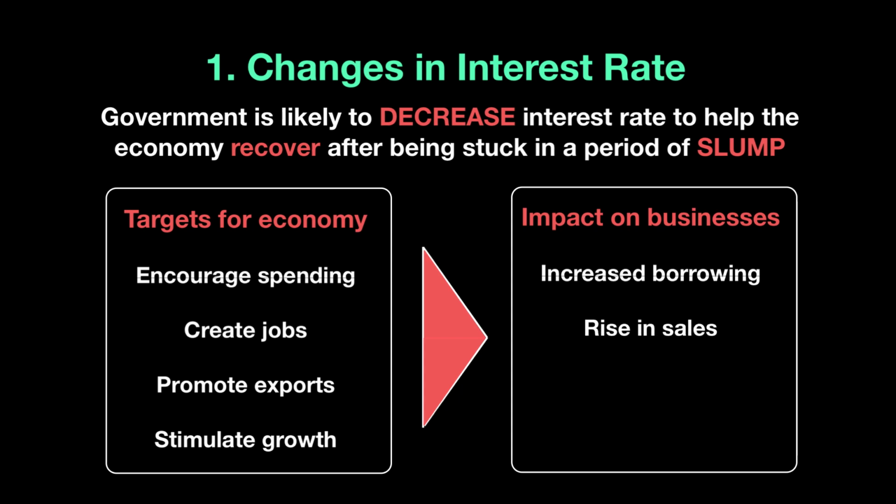Businesses look to expand because of the rise in sales. And of course, that means there's been an increase in the demand, and the increased borrowing must be used effectively. So new investments take place, which eventually lead to an increase in production. This increase in production level, you will remember, will have a direct positive impact on the gross domestic product of the country, which means that you will leave your slump period and go into recovery. Remember, decrease in interest rate to get out of slump, increase in interest rate to extend a period of boom and avoid recession.